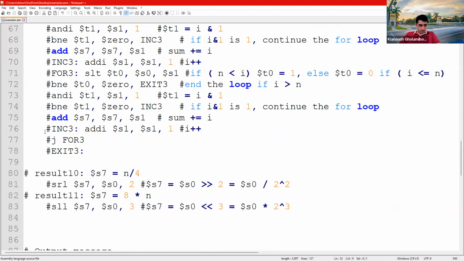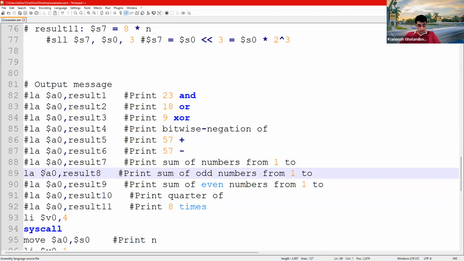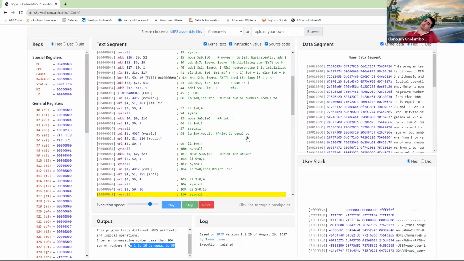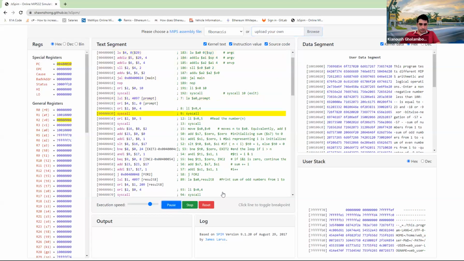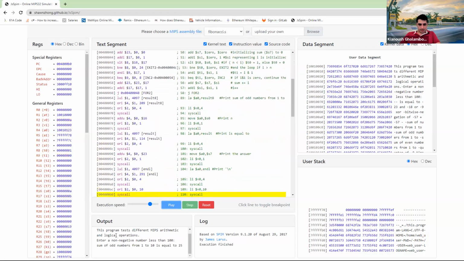Let me save this. Let me update the output statement. I'm going to uncomment result 8, which basically prints the sum of odd numbers from 1 to n. And let's go to the same browser, browse the same file, and then press play. Number is 10. You should expect 25, I guess. Yes. The sum of numbers from 1 to 10 was 55, but if you only count odd numbers, then it would be 1 plus 3 plus 5 plus 7 plus 9,